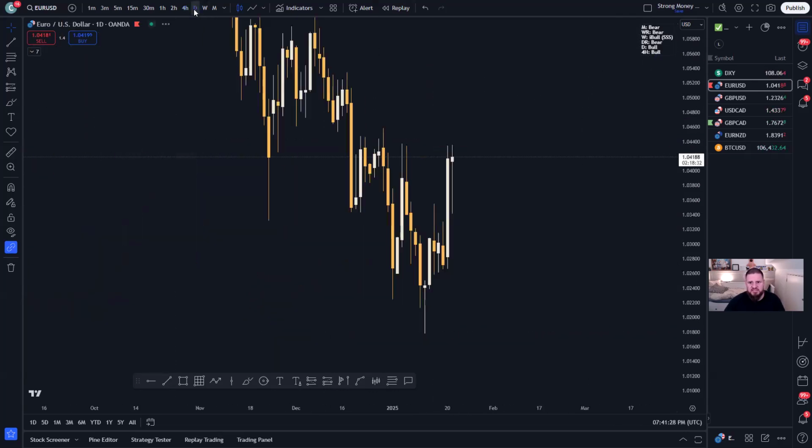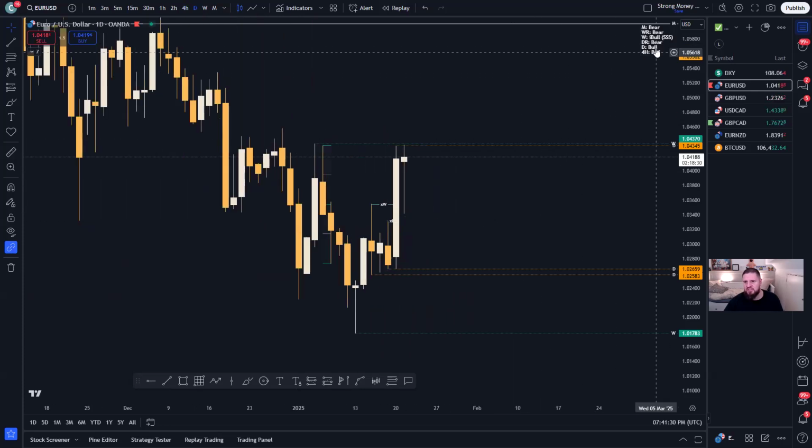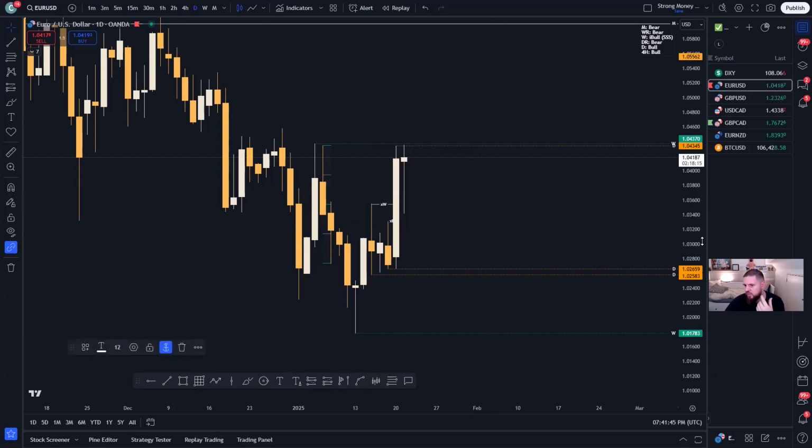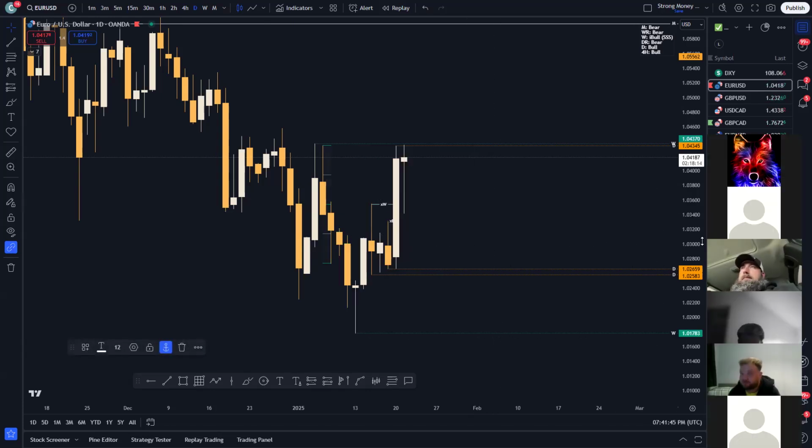Is daily bullish? No, daily is not bullish. Daily range is bearish, but the previous day's candle, so that'll be PD, previous day's candle was bullish. So look, we talk about it quite a lot. We talk about the fact that if you have a,